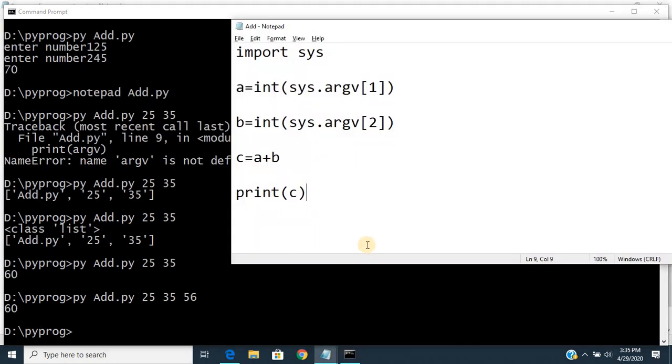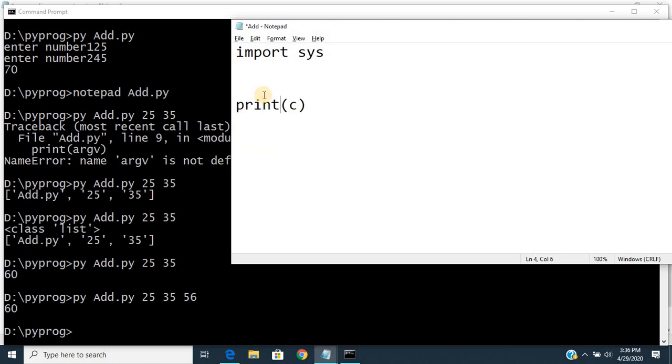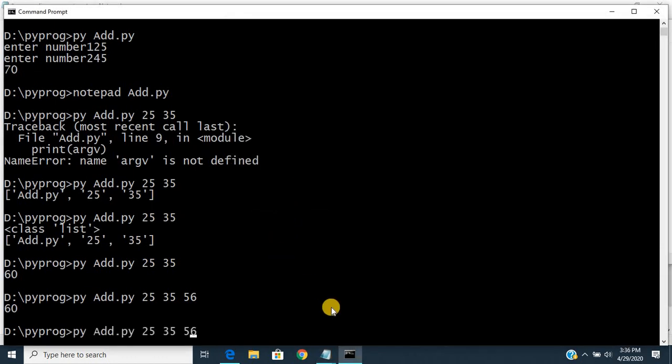Suppose if we want to pass a list of the values and find what is the maximum in that list. In order to do that, I just wanted to introduce you one of the methods which is called as the max method. Max method will take a list of the values as an argument and it returns the maximum value in the list. I am just removing all these things. I just wanted to find out the maximum of all the elements that I am passing at the command line. So max of sys.argv. Since sys.argv is a list, I think max will work on it. Let us execute this code and then check.